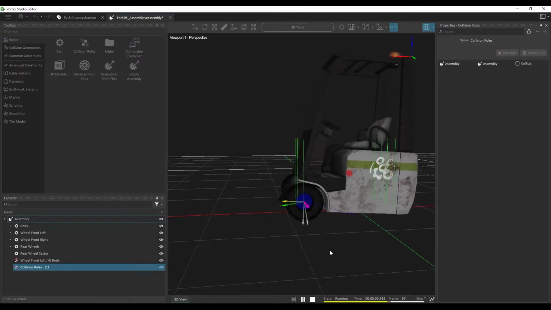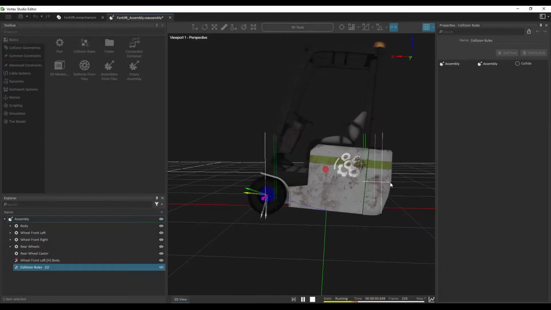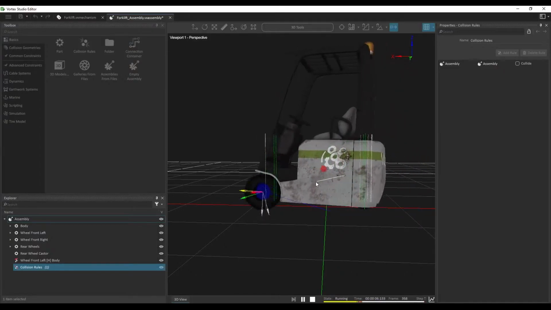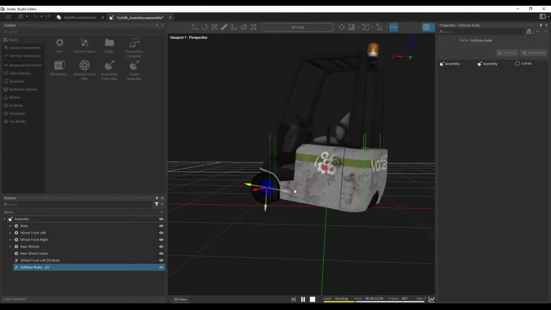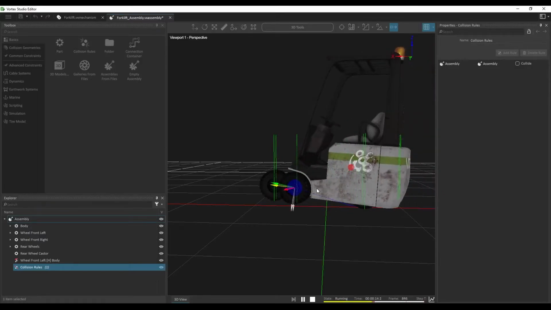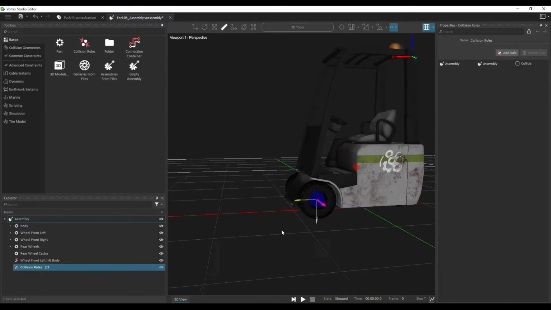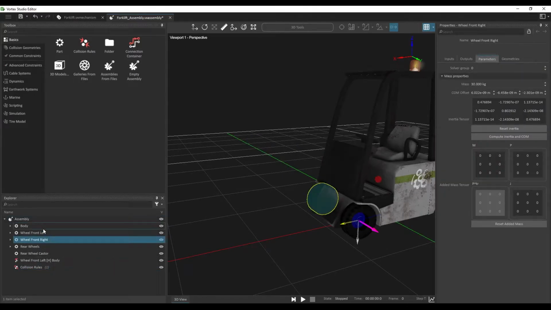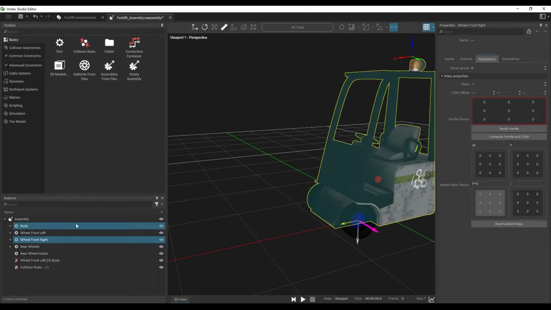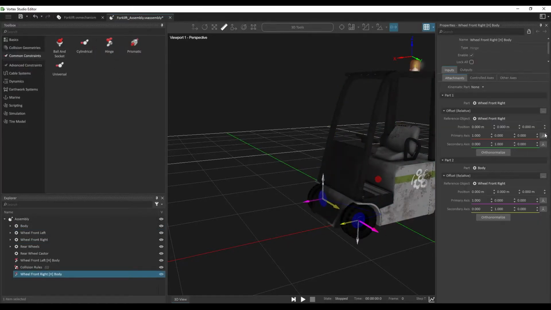So if we try this again, we can use the Alt key to pull on our main body here, and we can see that our wheel is actually rotating freely around its axis. So let's repeat this process for the second wheel, the front right wheel. Select it first, press the Control key, select body, and then from the common constraints, let's add a hinge. Same thing again, primary axis has to be y plus and secondary x plus, and copy the offset